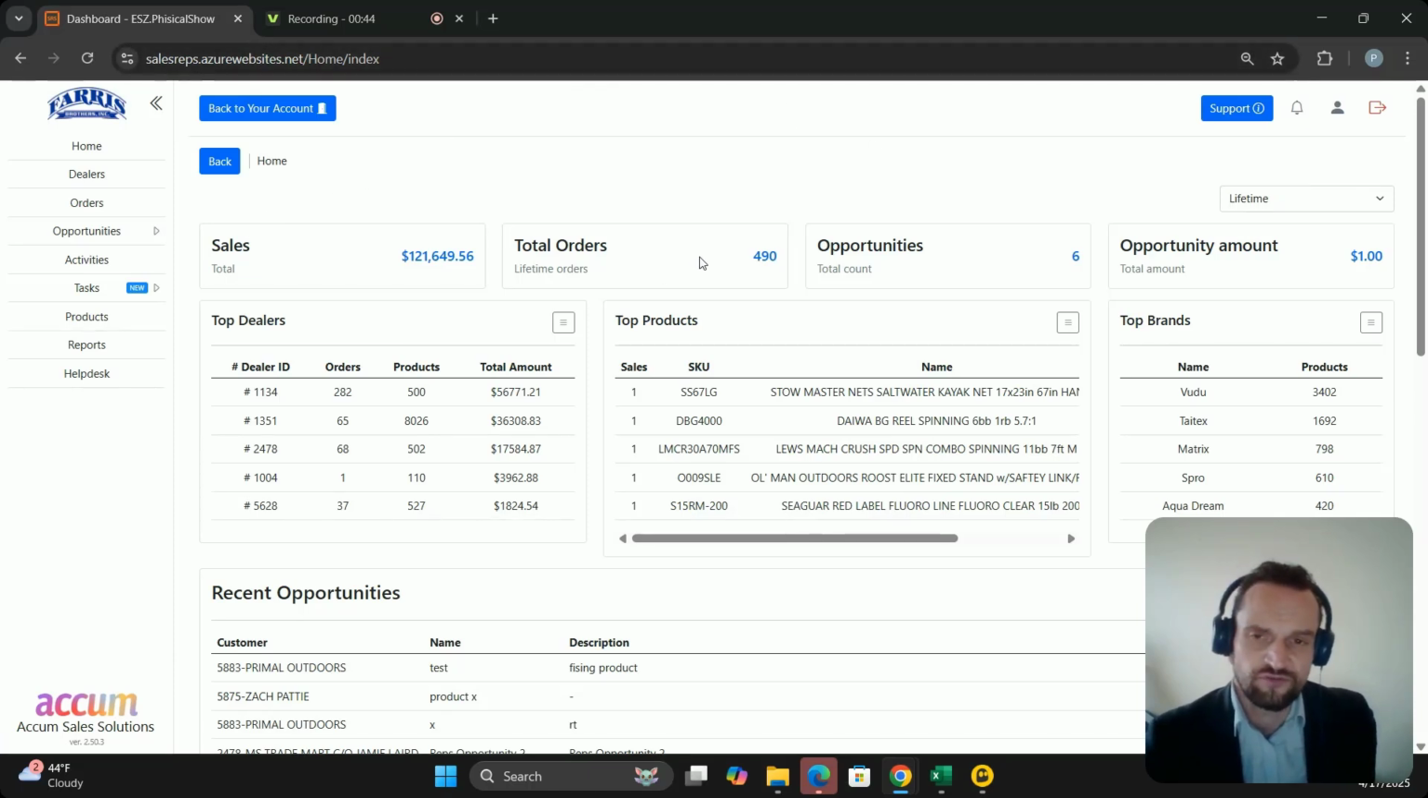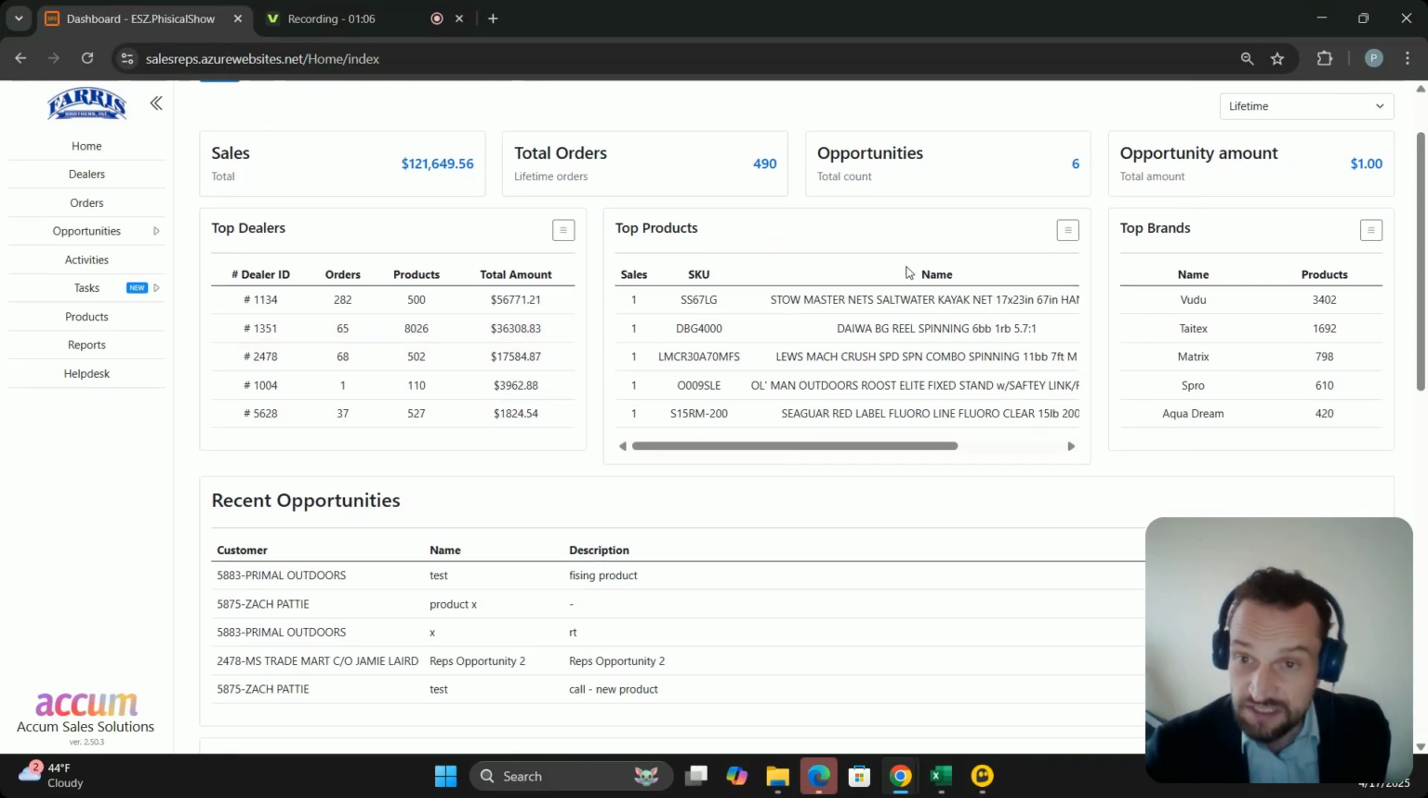Right, your homepage is an overview which shows your orders, sales, opportunities, top products, top dealers. It is always a result measure. It optimizes, it measures, it improves how you can better and improve your sales. So here on the top, we begin with sales. Here's your sales amounts. Then we have our total orders. We have the opportunities total counts, opportunity amount summarized, which leads us down to your top dealers, top products, and